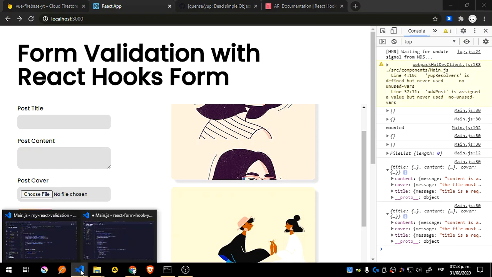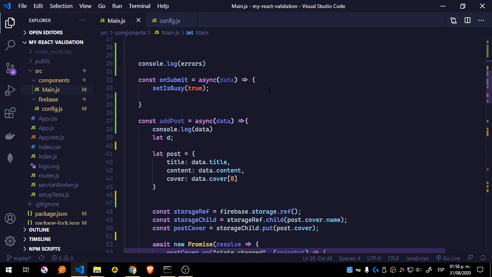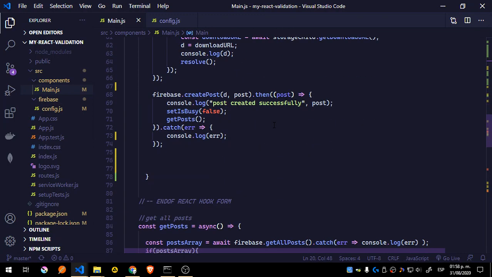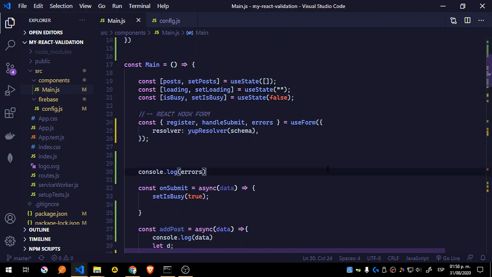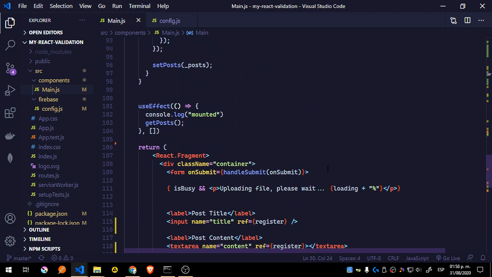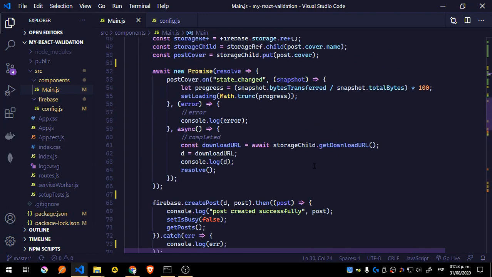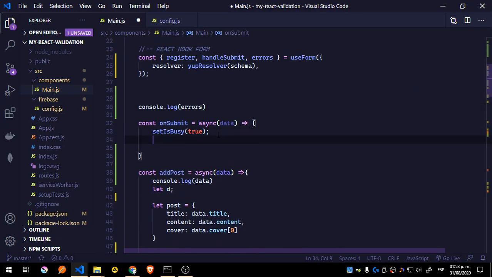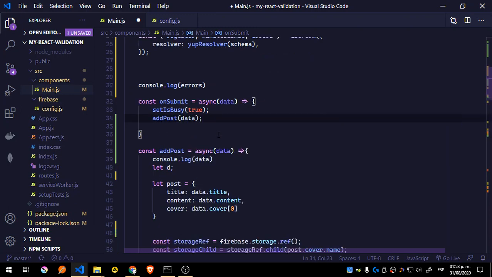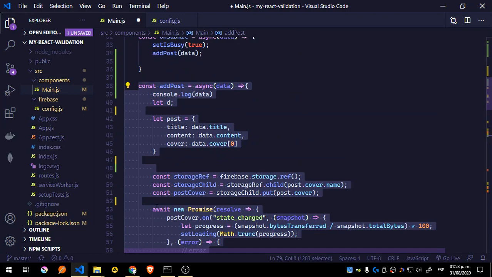Now it's not that one, it's this one. Okay, so now we are connected, but what we need to do here, let's actually first display the errors. Since we have this add post, we're going to call it and pass data. The only thing we did is just to move the functionality of the